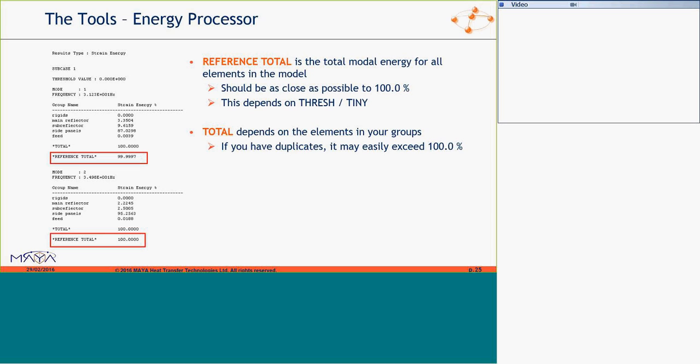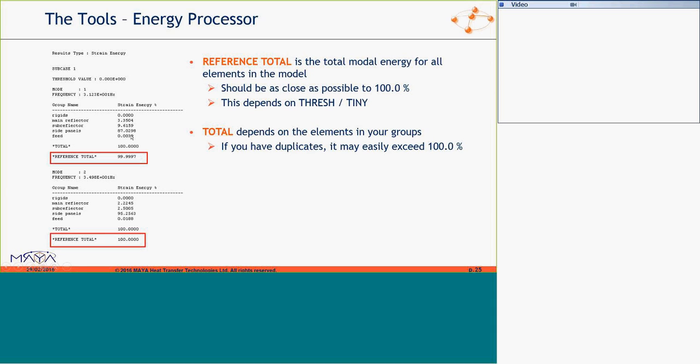So this would be a text file output. You have it by mode. You would see the ID, the frequency, the name of the group, and this is an example. We've picked a variety of groups here, and you see the percent strain energy for each group. Then the total energy, which depends on the elements in your group.